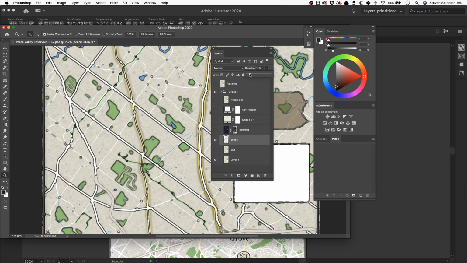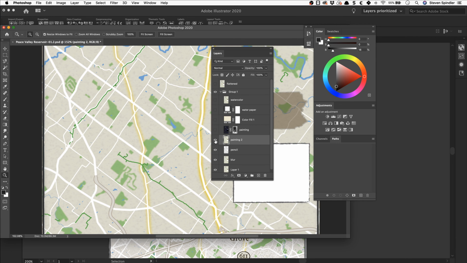Let me just do it. And I'll call it painting 2. And this I'll put up above here